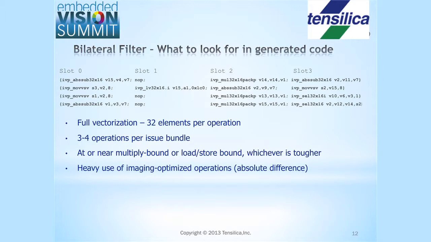We have the table lookup operation. We have multiplies. We have absolute difference operations. There's a lot of imaging-specific things. And we're typically looking, is it fully vectorized? Are we getting close to the VLIW packing limit? Are we near either the multiply bound or the load store bound? Those are key considerations. So that's what we've been finding in porting as we've worked across now a very wide